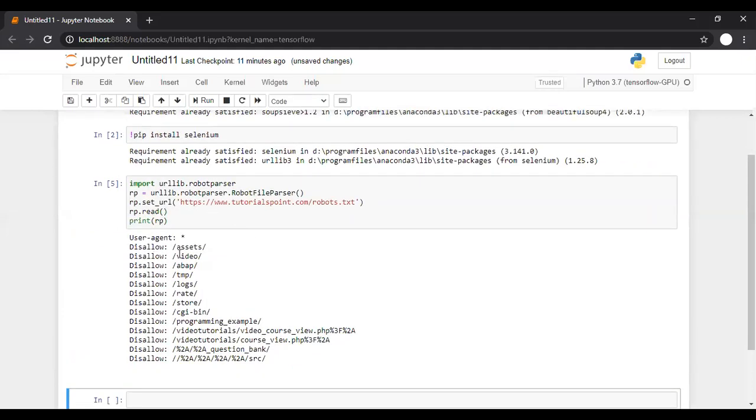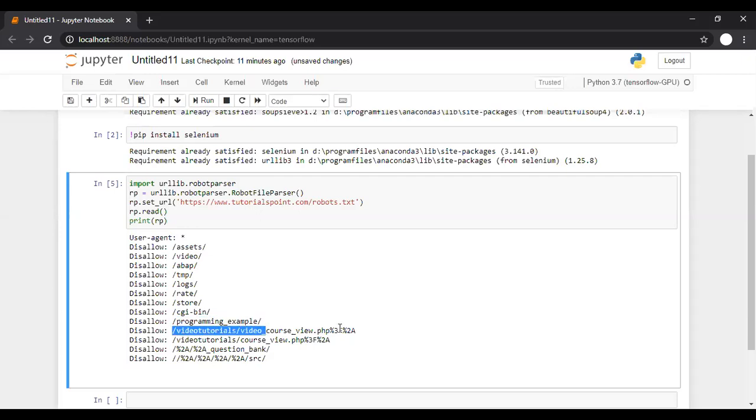Now it says one should not go inside this assets folder, which immediately follows tutorialspoint.com, the video folder, temp, logs, cgi-bin, programming examples, then video tutorials, video course view. They are saying you are not supposed to crawl all these things.